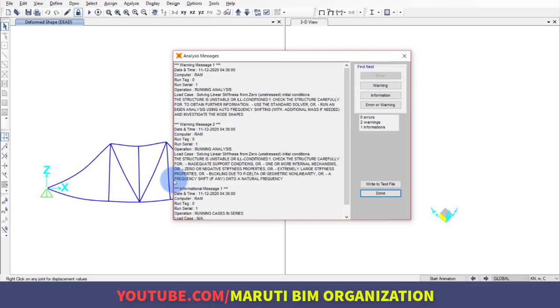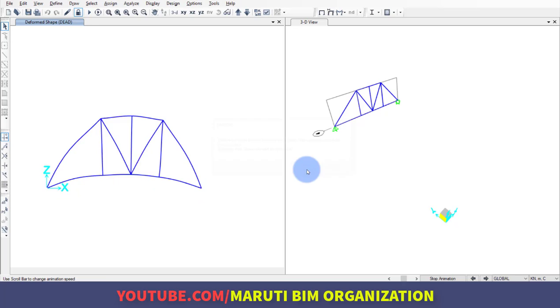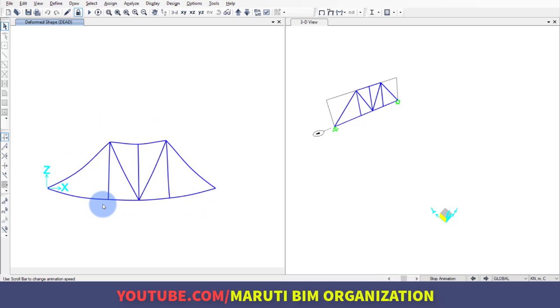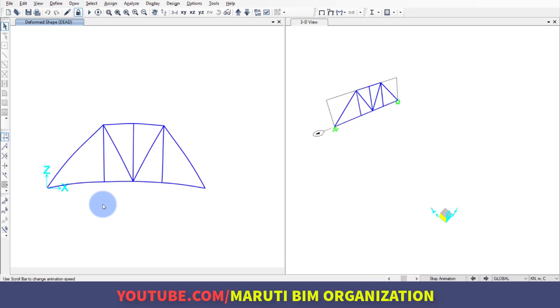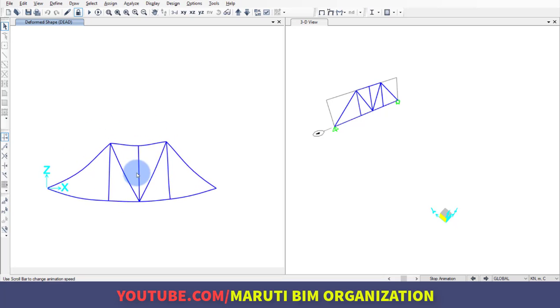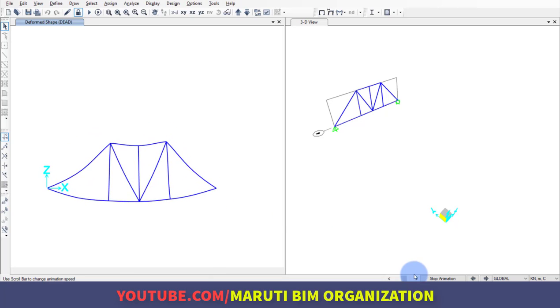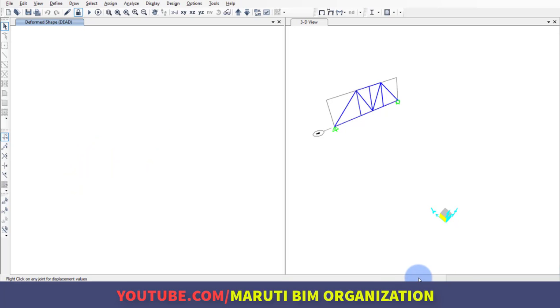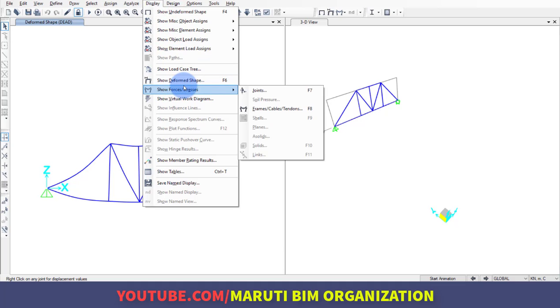As you can see, this is the deflection shape of this truss, and if I click on start animation, as you can see, this is the deformed shape of the truss. Then clicking on stop animation,